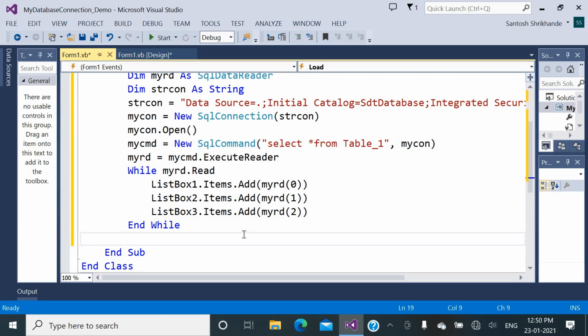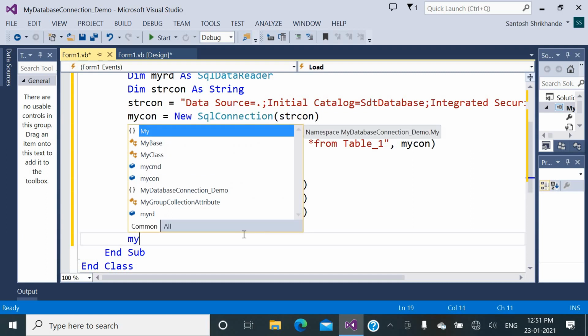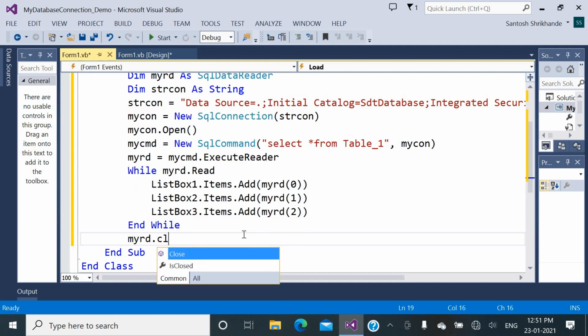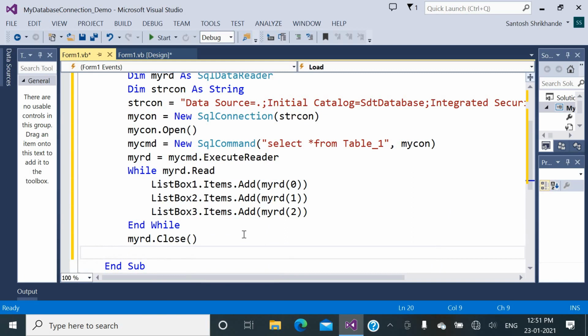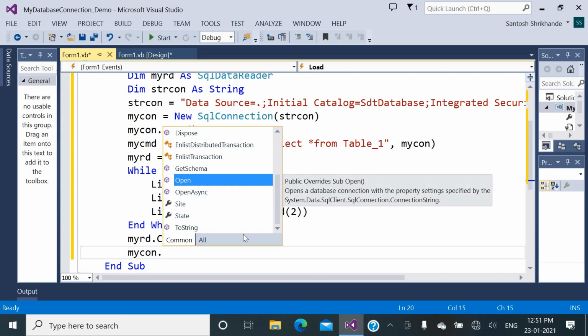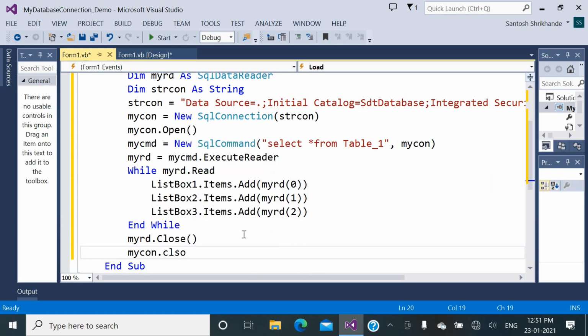After doing this, we need to close the connection, and before that we need to close the data reader. So here myreader dot close. Okay, this reader is closed, and here we have to close the connection, mycon dot close. So here we have closed it.